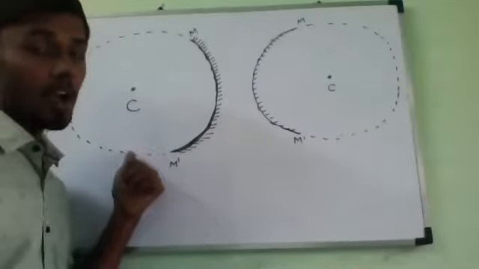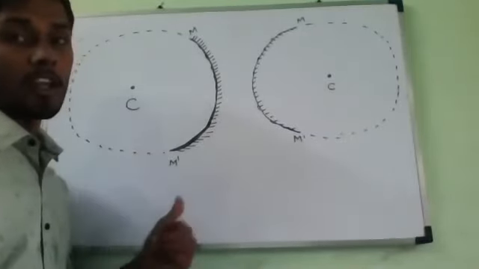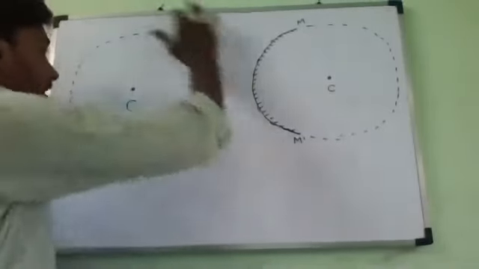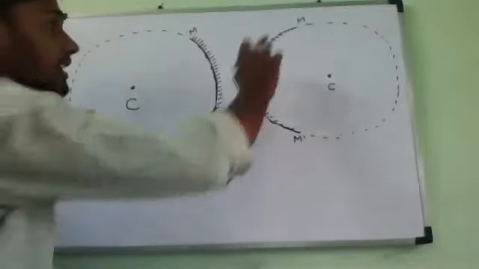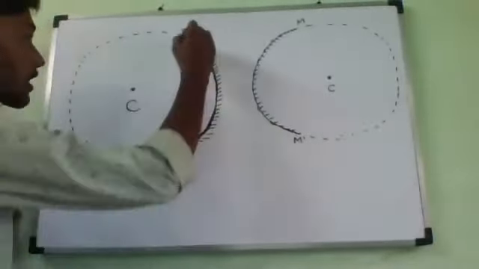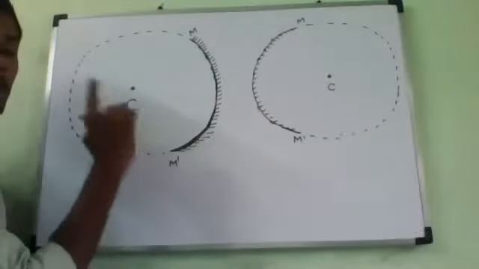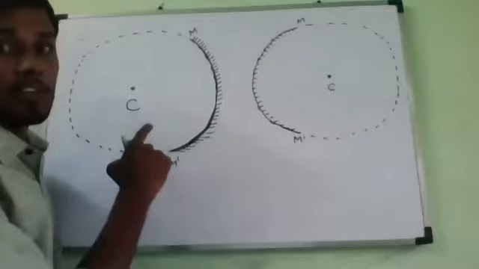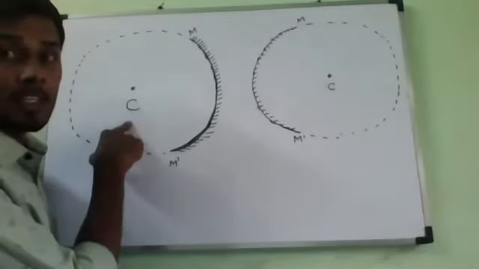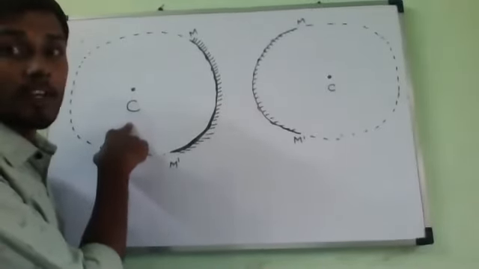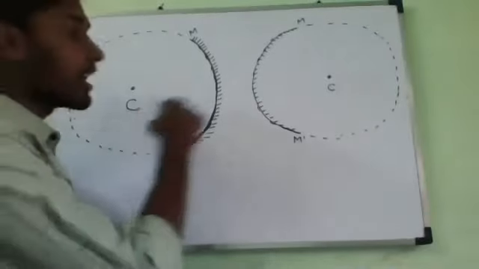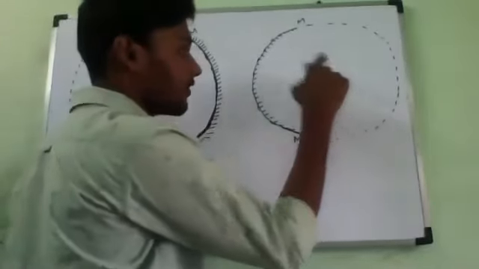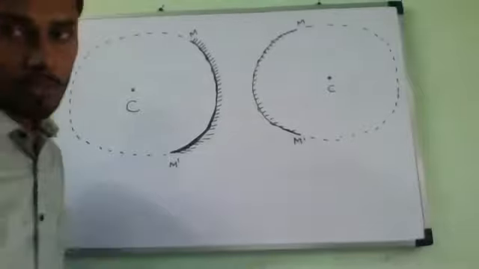So if we take here, the center of curvature of a spherical mirror is the center of the hollow sphere. That is why the hollow sphere is drawn with dotted lines. Only the reflecting surface is drawn with broad solid lines. So the center of curvature we should represent with a C. C is the center of curvature of the concave mirror, as well as the center of curvature of the convex mirror. Both.